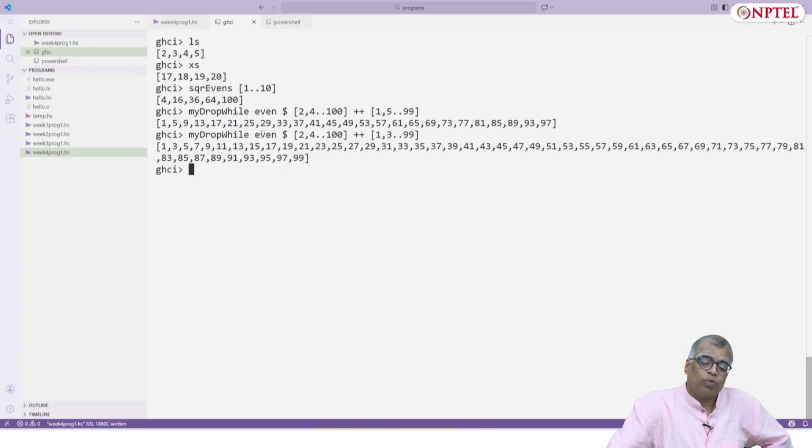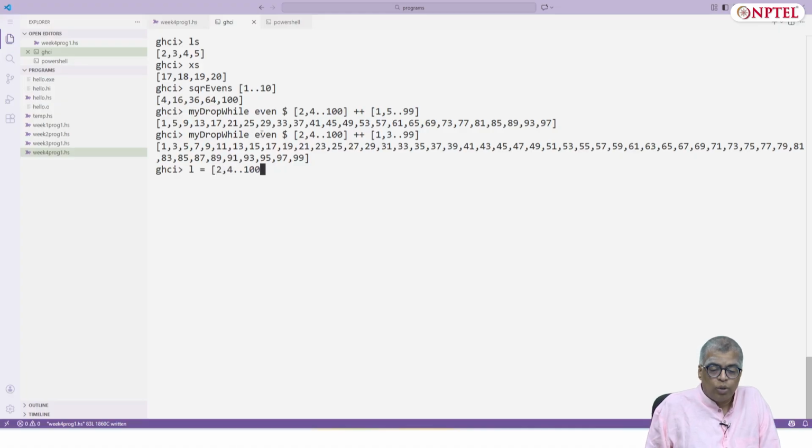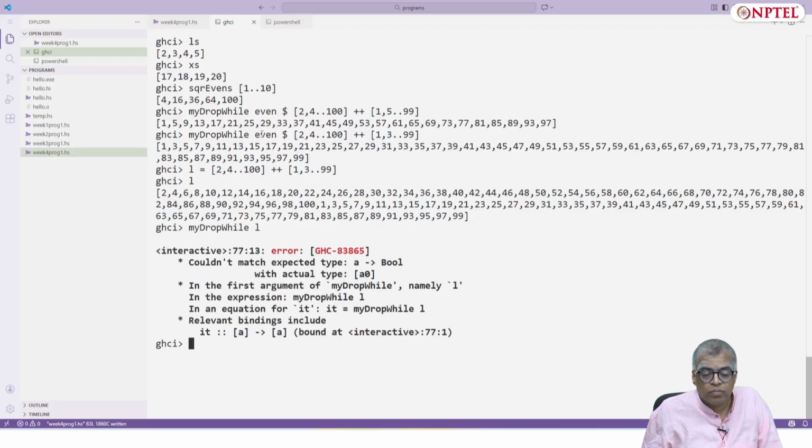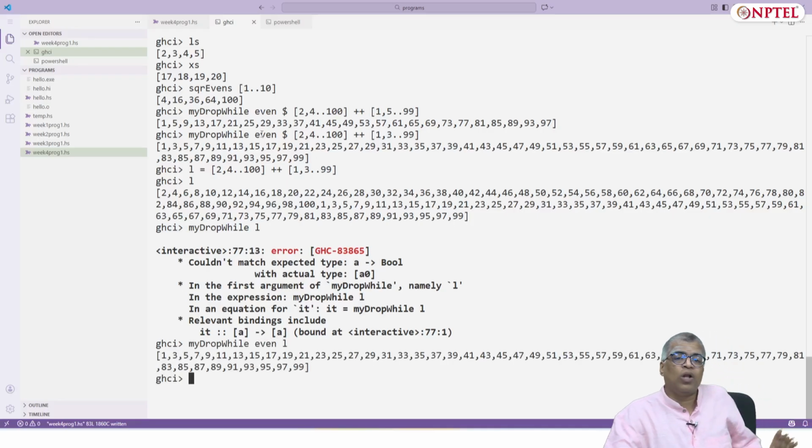Yeah, so the overall list is, let's say L equals 2 4 dot dot 100 plus plus 1 3 dot dot 99. If I want the value of L, it is all the even numbers from 2 to 100 and then all odd numbers from 1 to 99. But if I do my drop while even L, then all the even numbers will be dropped initially and then you will get the rest.